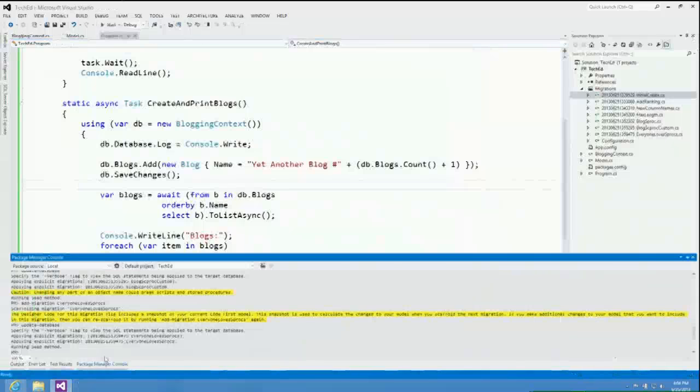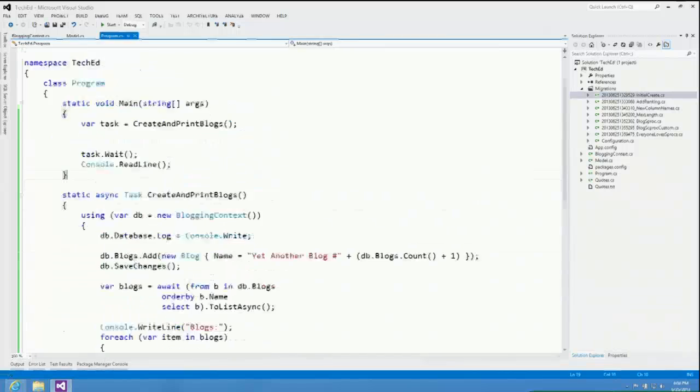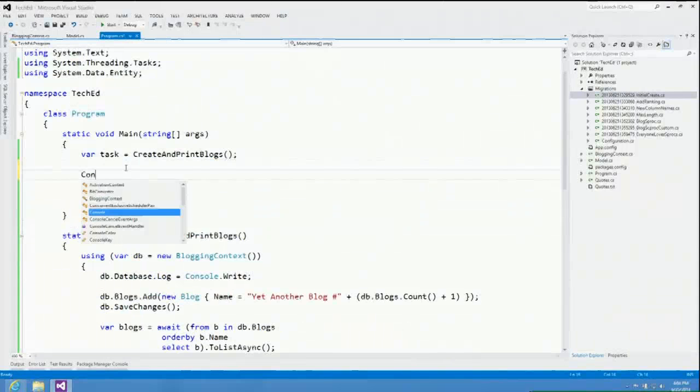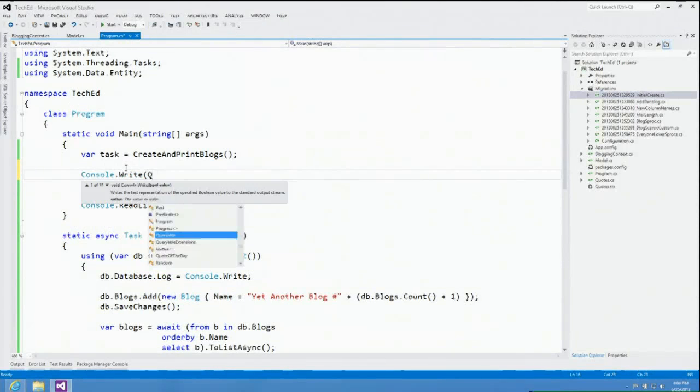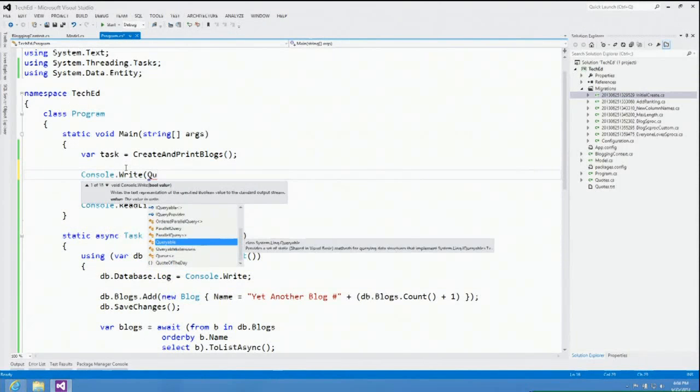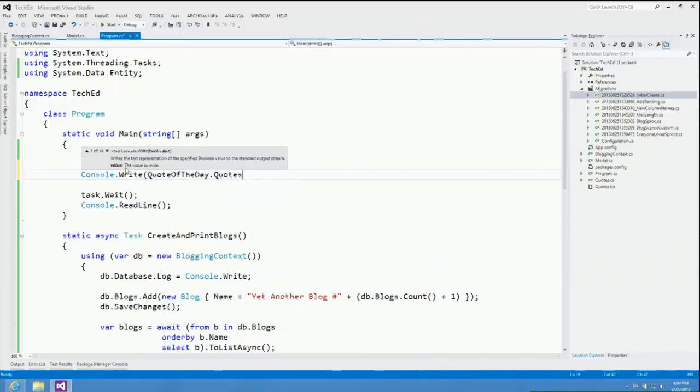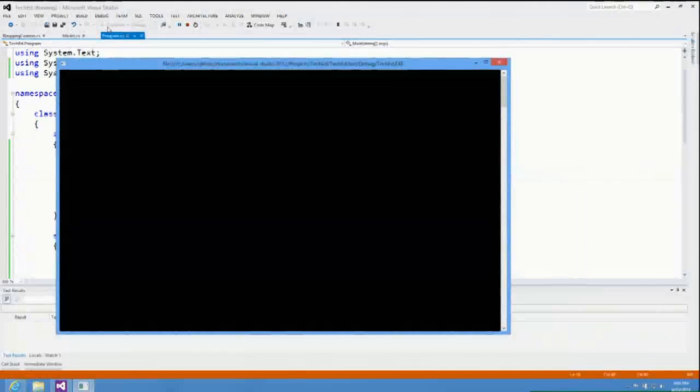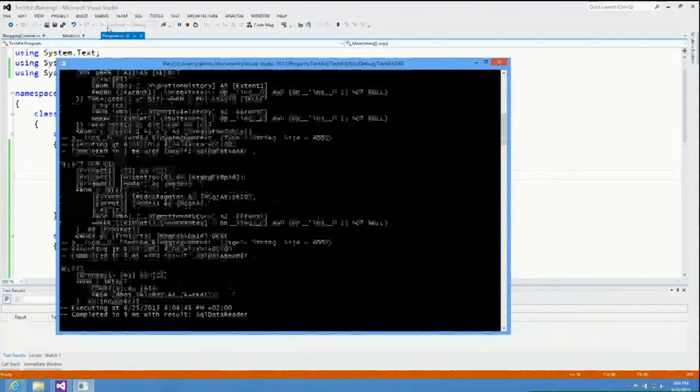So what we really want to do here is install the package. That's the extent of what it takes to do async, but in order to show some async in action, I've got this quote of the day package on my local machine, and it just allows me to go Console.Write QuoteOfTheDay.Quote.GetQuote. It's terribly complicated, and what it does is goes and gets the string and writes it out to the screen,